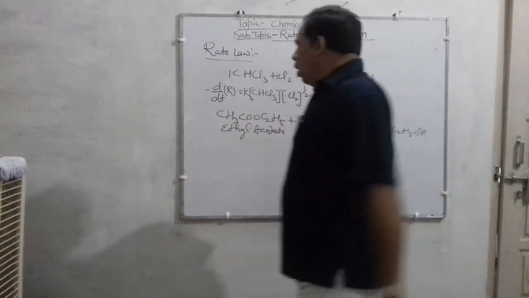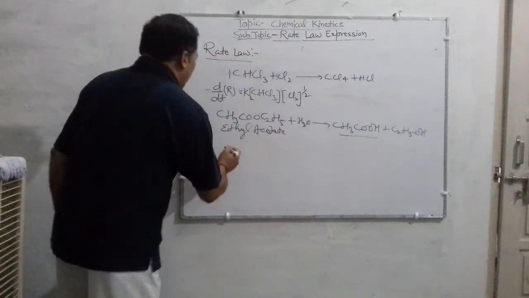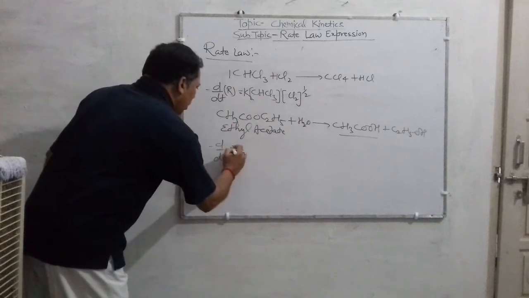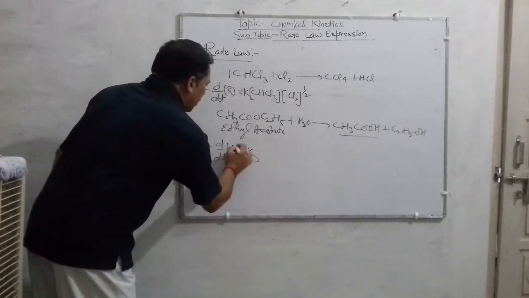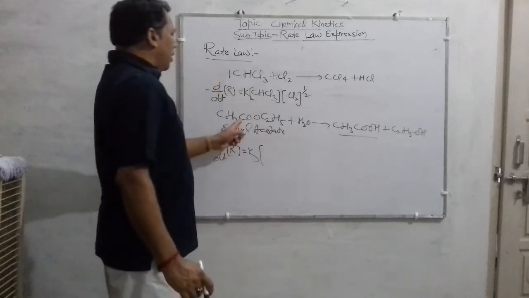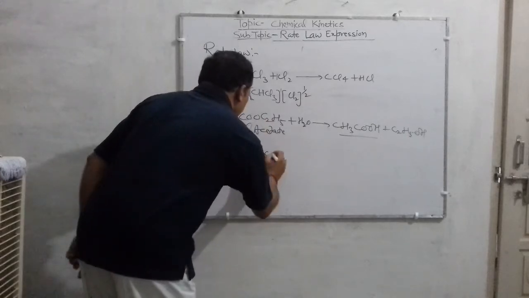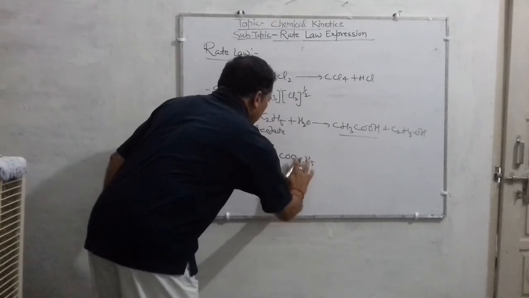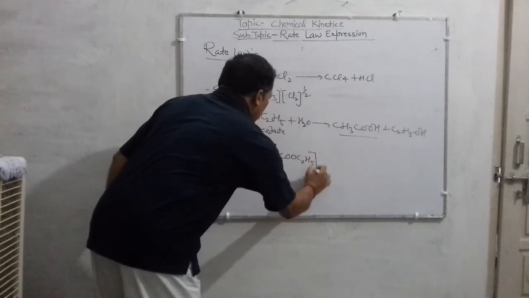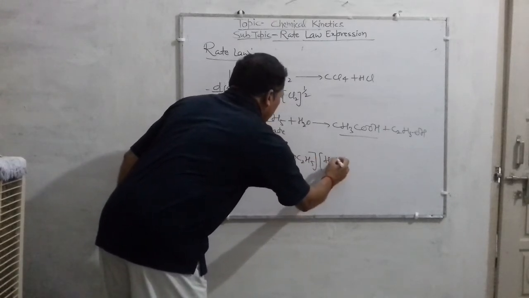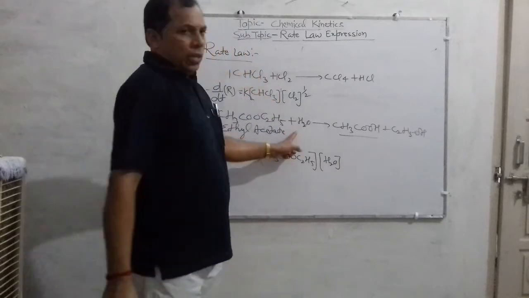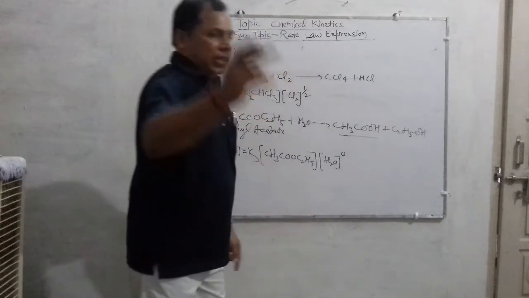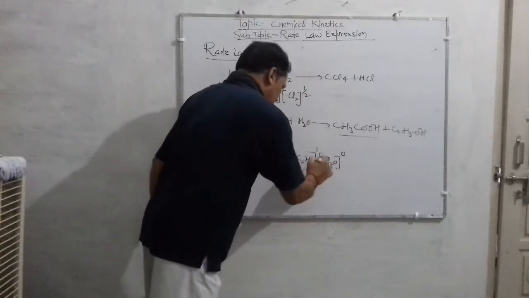The rate law can be written as minus d by dt of R equals K into the concentration of this reactant, CH3COOC2H5, and the concentration of water. Here it is experimentally determined that the exponent for water is 0, meaning the concentration of water doesn't change,